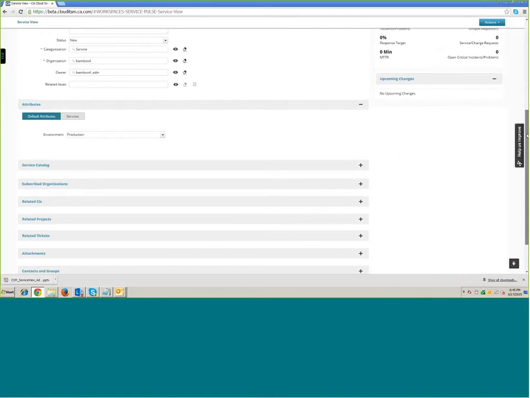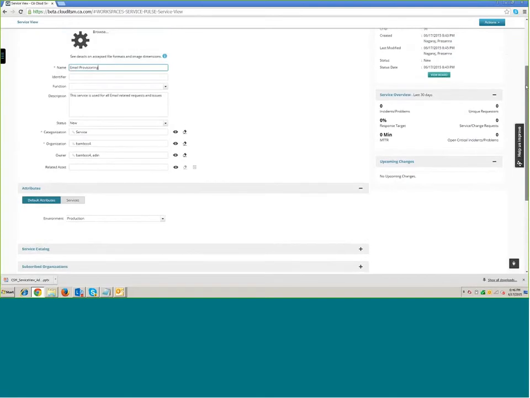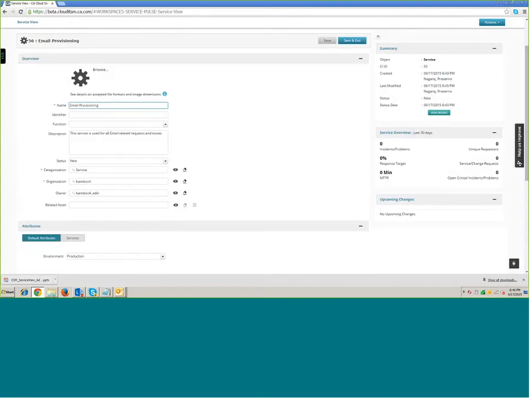And also you would see the metrics which we have captured also available in the service view, as in the CI detail page. This would be available only for objects of type service. So if you see a service type of a CI, you would see these details in the detail page. So this provides me clear information of how many tickets were created for this service, how many unique requesters there are